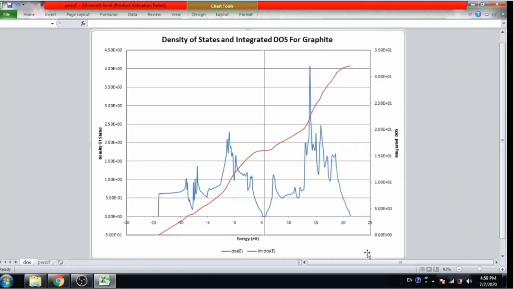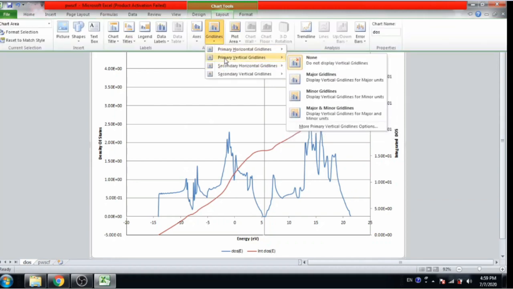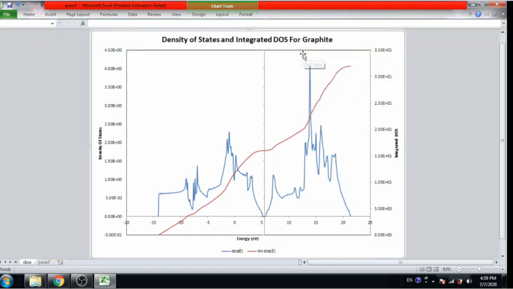Now if you want to remove the grid lines, open layout, primary horizontal grid lines, and none.